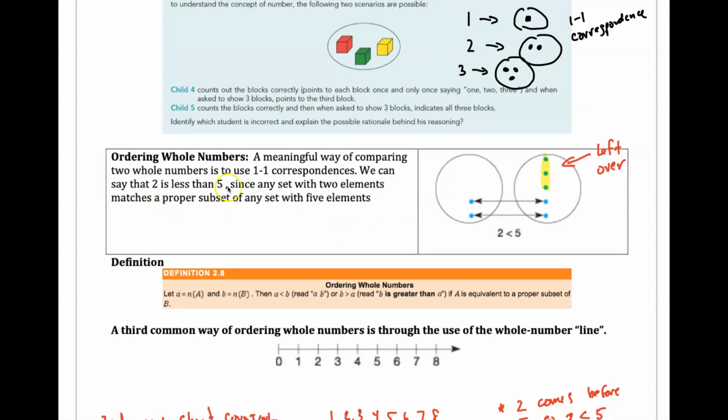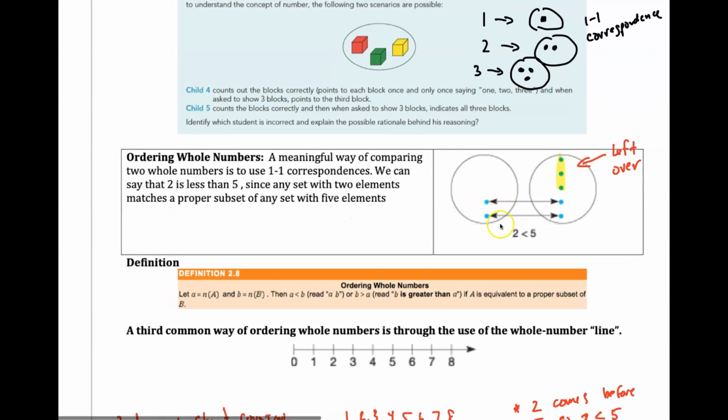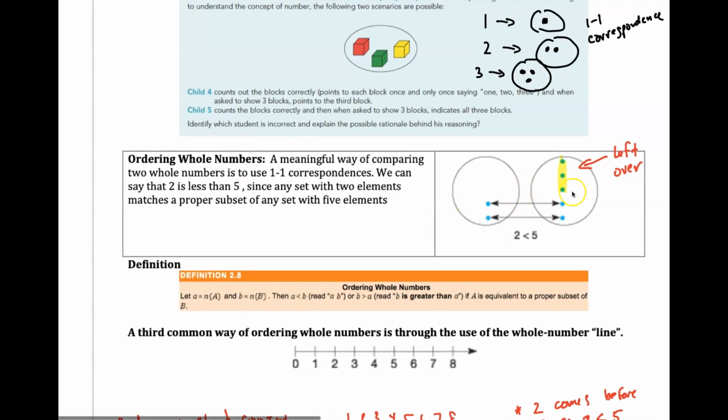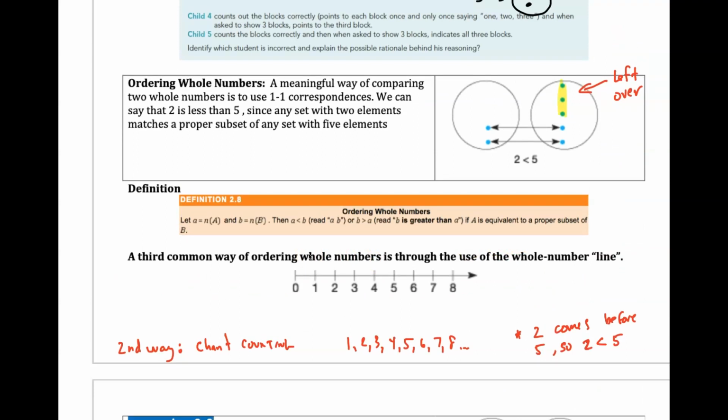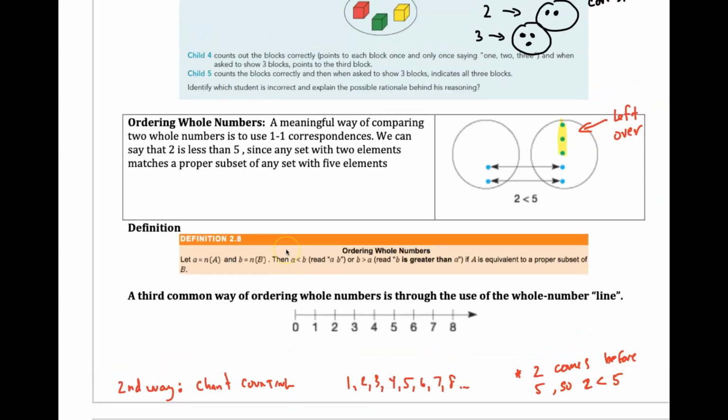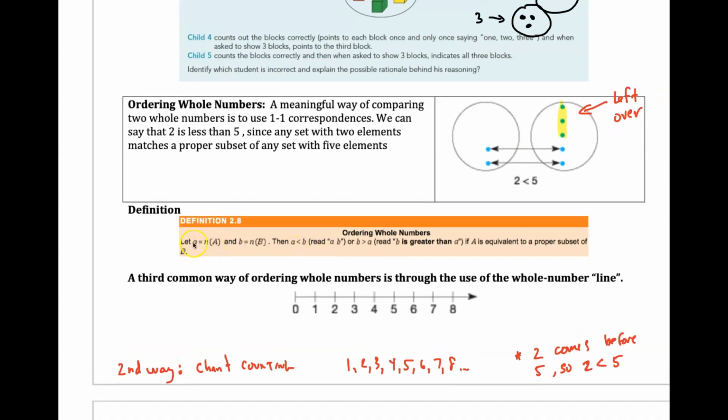How do they know that 2 is less than 5? Well, one way for sure is just looking at the sets, right? A set model. 2 objects is smaller than 5 objects, and formally we could say this is a proper subset, right? There's this one-to-one correspondence, but there's some left over. So 2 is a proper subset of 5, and so that means 2 is smaller than 5. And so we have this definition of how we know one number is less than another number,